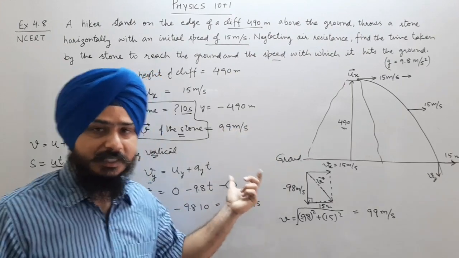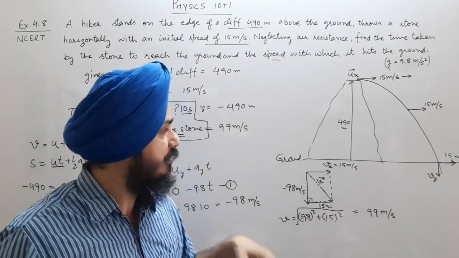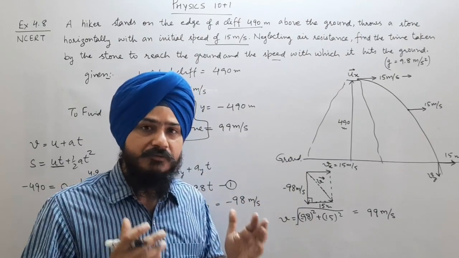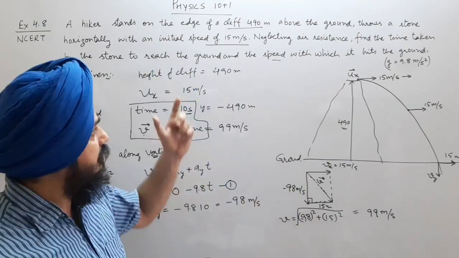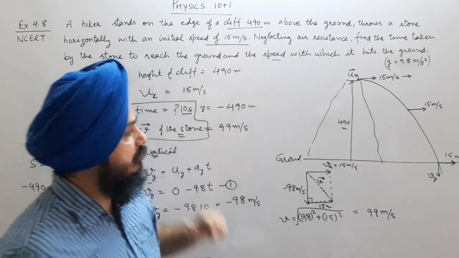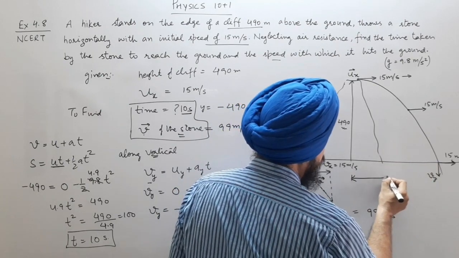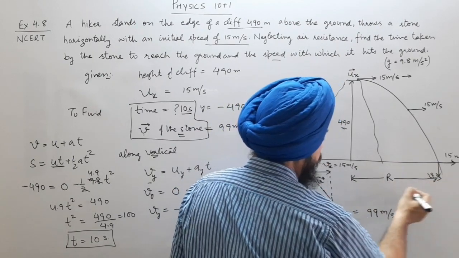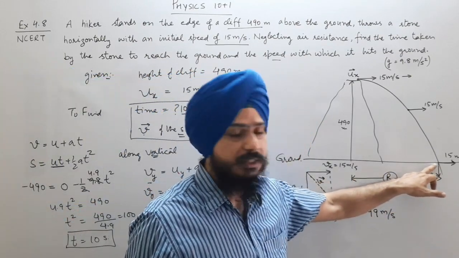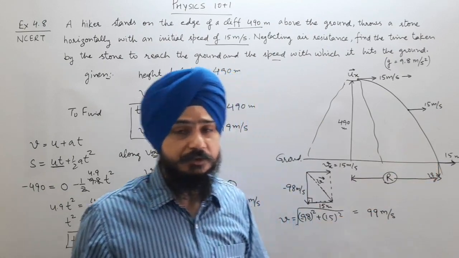This is the concept of doing these problems: we will consider two separate motions, one along x-axis and one along y-axis. Then we find in what direction we are to find the things. In addition to these questions, if it asks how far from the center of the cliff the stone hits, then we will find the range. Time taken by the projectile to hit the ground will be the same, 10 seconds. So let's do another question.